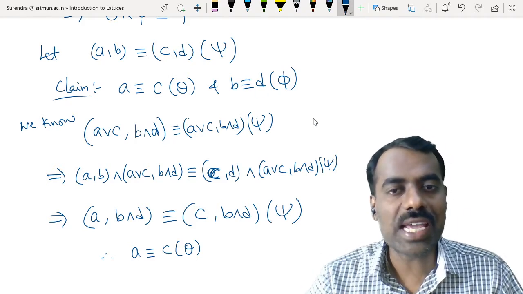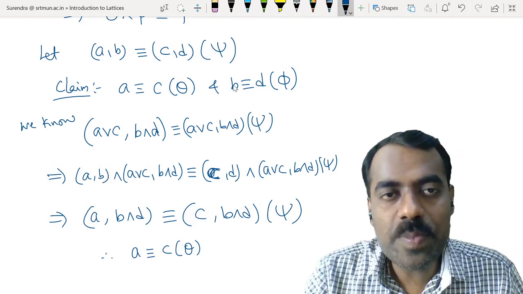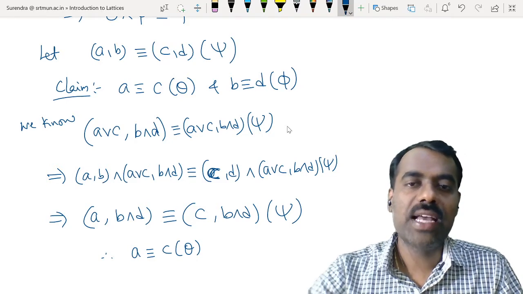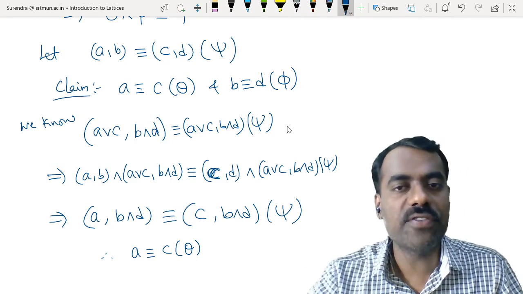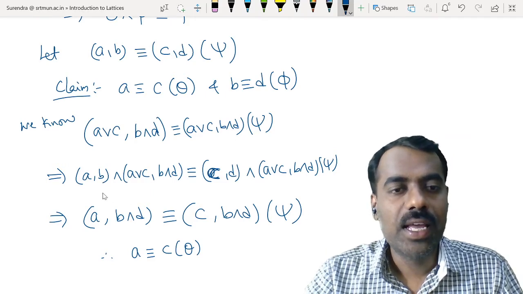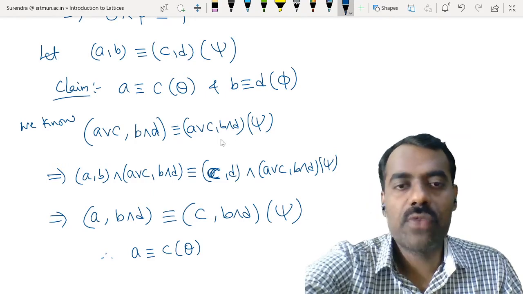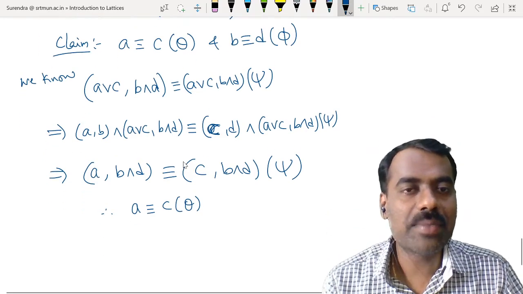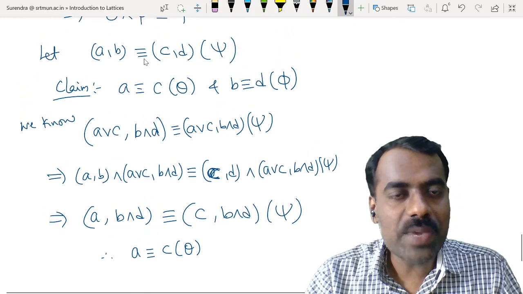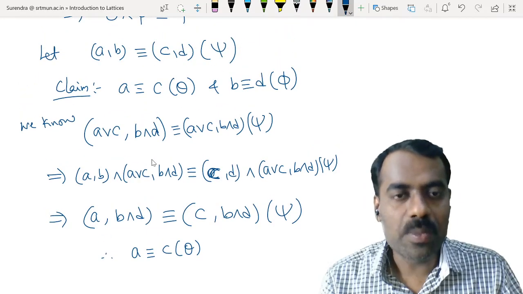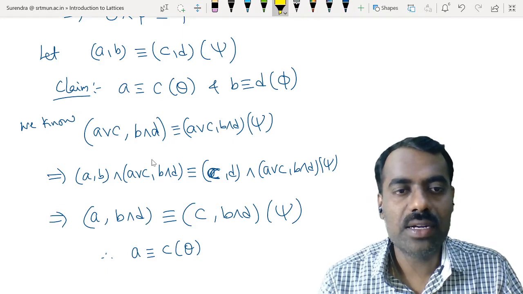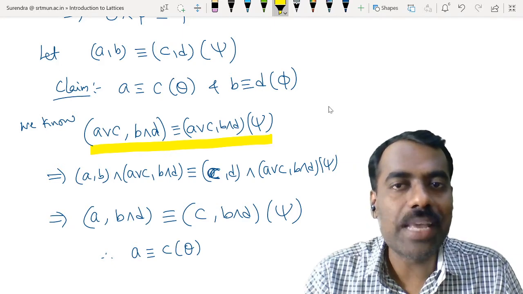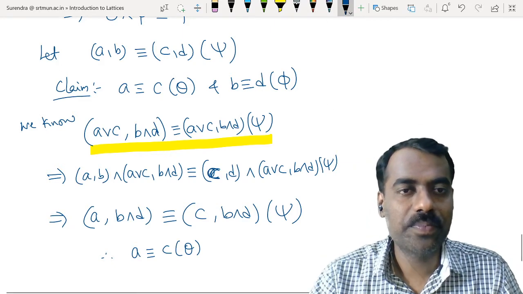Now how can we prove that b is congruent to d modulo phi? What should be the element we have to take? If we want to show that b is congruent to d modulo phi, that means we want to show that the first coordinate is the same and the second coordinate here is b, here is d. Are you following? With respect to psi. So whatever relation we have taken here, similarly you have to apply that. How can you do that? Can somebody tell? You have (a, b) and (c, d), right? So somehow you have to select one similar, so that when you meet it, you get the first coordinate the same. How will you get the first coordinate the same? With this.